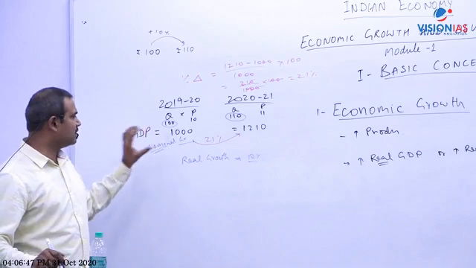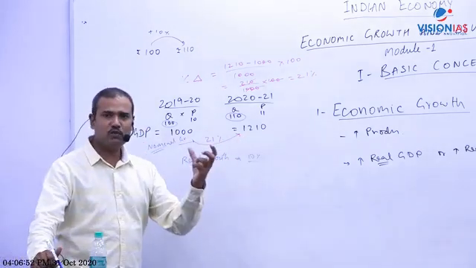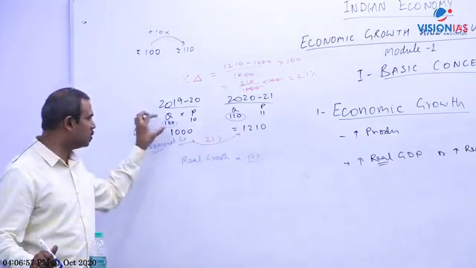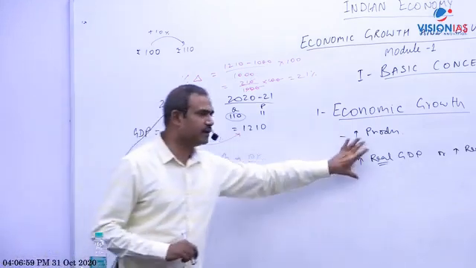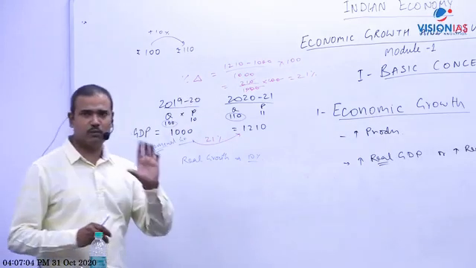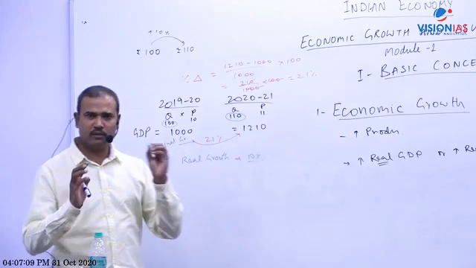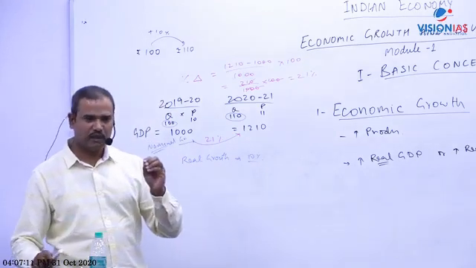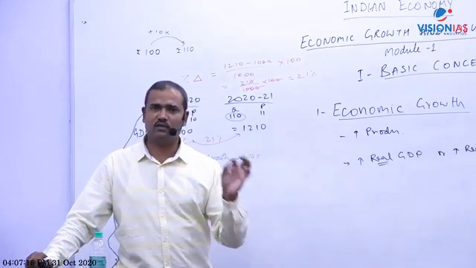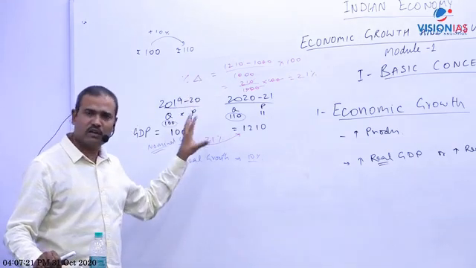So remember one thing: in this example, nominal value means money value increased by this, because money value increases due to increase in production as well as price, and real growth is based only on actual production. That is why real GDP. So I think it is clear. I will discuss real GDP in much more detail later in chapter 4. Please wait for the detail, and after that everything will be crystal clear. I am giving you a brief idea because I assume most of you don't have any background in economics.